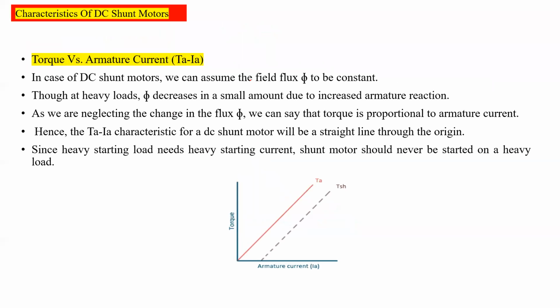Next, characteristics of the DC shunt motor. Here, the field winding and armature winding are connected separately. It is clear that the field winding and armature are not connected in series. They are connected in parallel, so the current is divided. So only the torque is proportional to the armature current. The torque is directly proportional to the armature current.